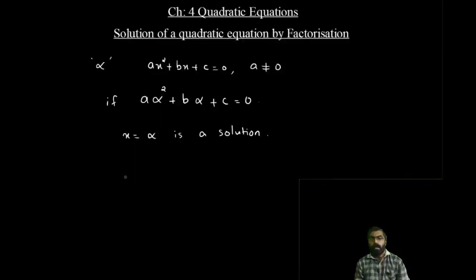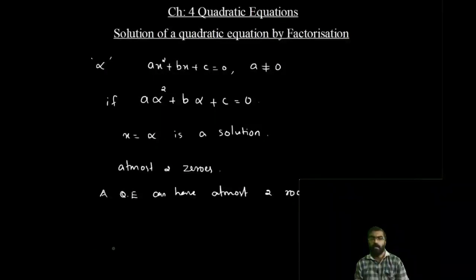You have observed in chapter 2 that a quadratic polynomial can have at most 2 zeros. So, a quadratic equation can have at most 2 roots or 2 solutions. Clear? You have learned in class 9 how to factorize a quadratic polynomial by splitting their middle terms. We shall use this knowledge for finding the roots of a quadratic equation.